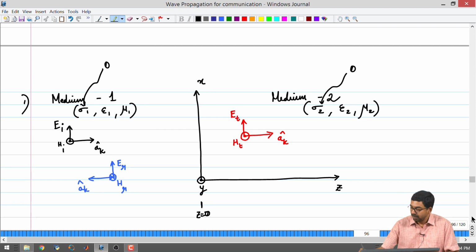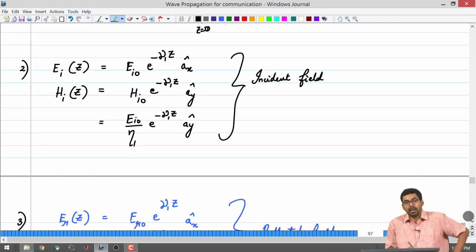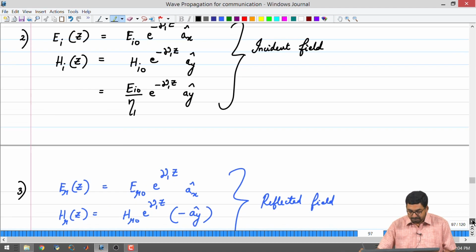Then we calculated the reflection and transmission coefficients, and we found that it looked exactly the same as what we got in transmission lines, except that in transmission lines we did not calculate the transmission coefficient, we calculated only the reflection coefficient, right. Nevertheless,